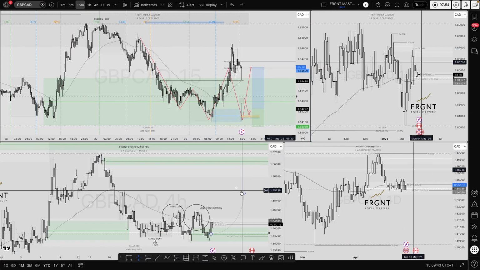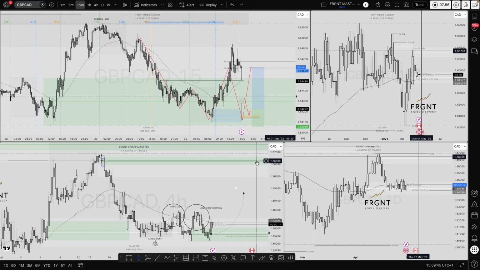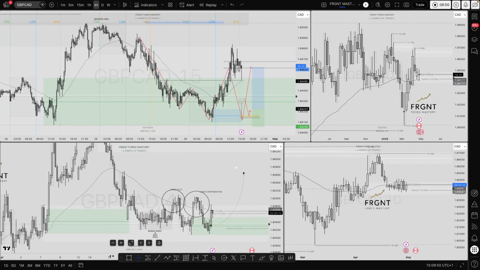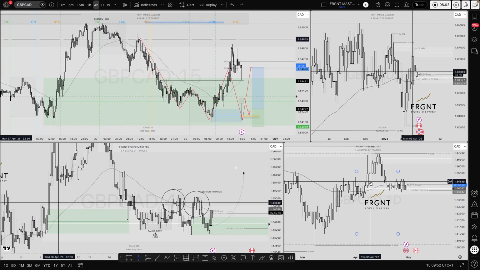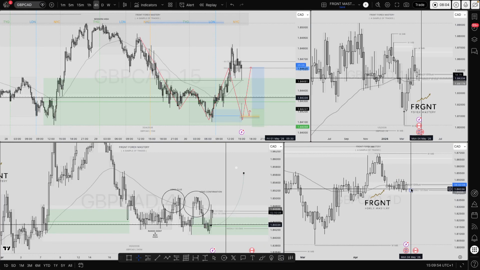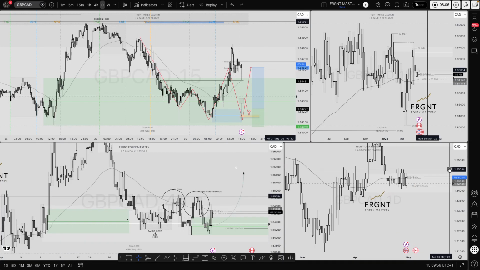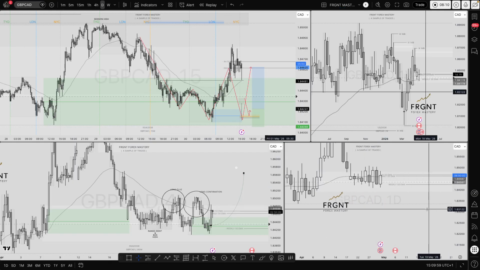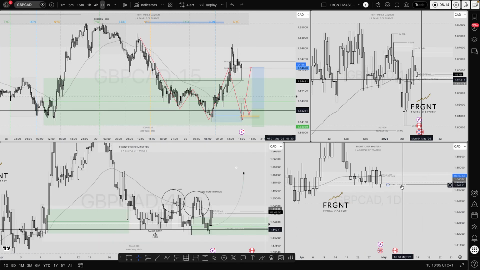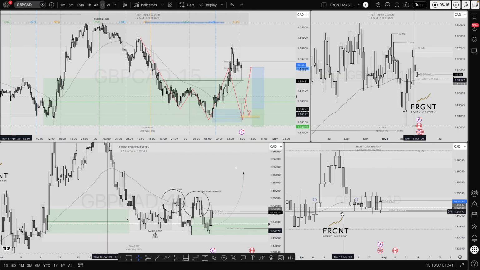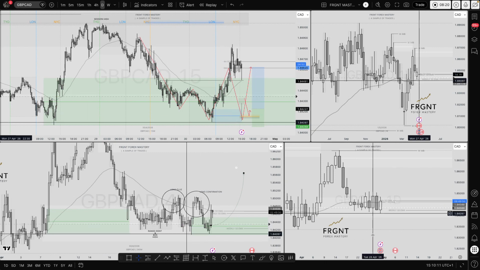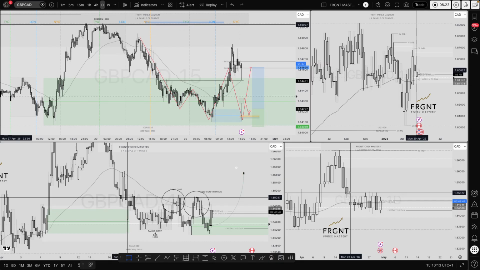So GCAD, very interested in taking a long position. Again, the downside to GCAD longs is that we can see on that daily time frame it's clearly range bound. Clearly, again, we can see on the daily time frame that the daily 50 MA is keeping price down. It's keeping price in and around this area. And you can see, as a result of the conflict, i.e. the daily order block wants to push price higher. However, the daily candles are really failing to break and close above that area.